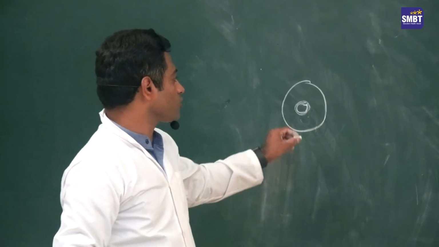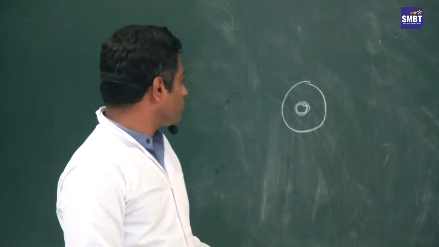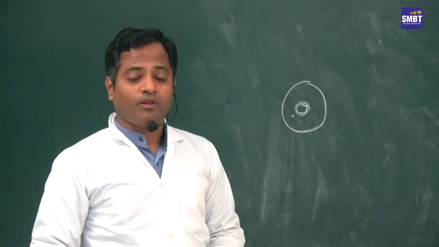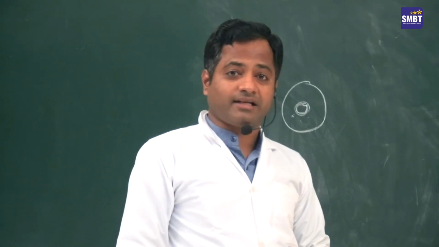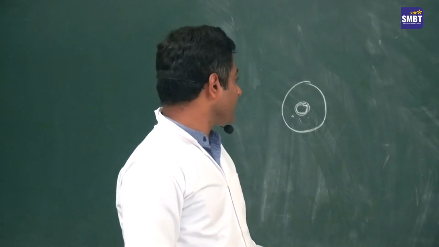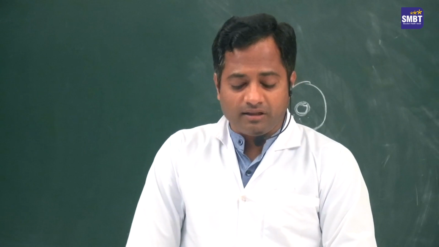Which gives rise to an umbilical hernia. As I already told you the causes, like obesity, pregnancy, liver diseases, or the complication of liver diseases like ascites, intra-abdominal tumors, cough, constipation, increased straining at micturition. So these are some causes of the adult umbilical hernia.